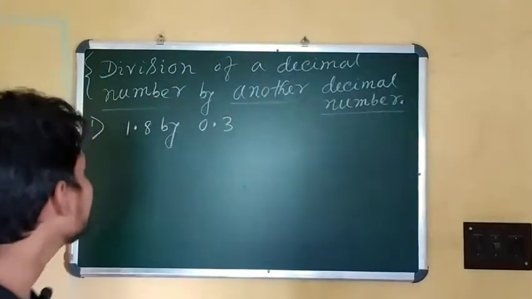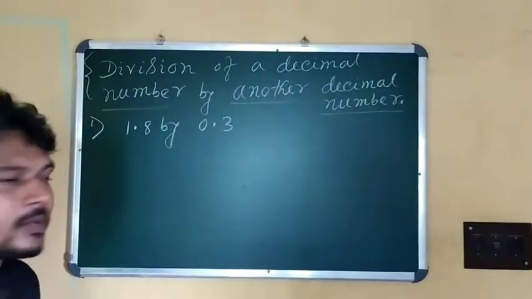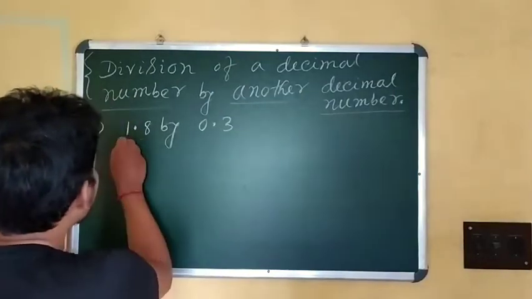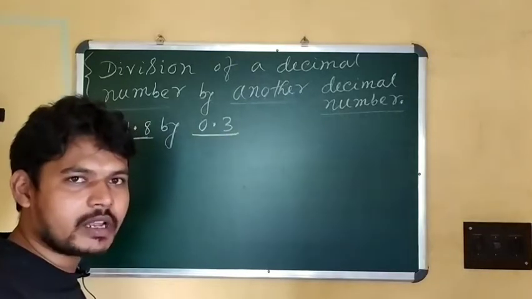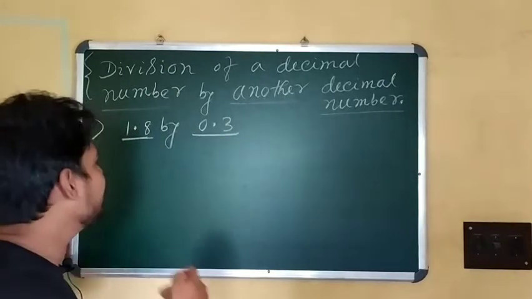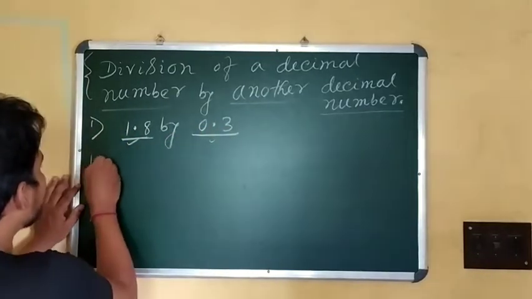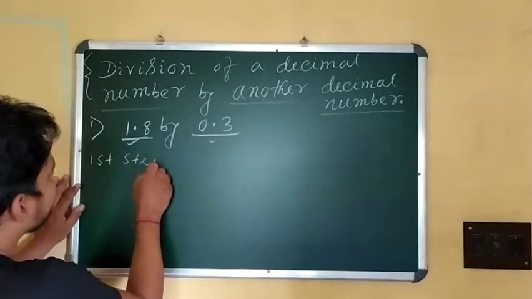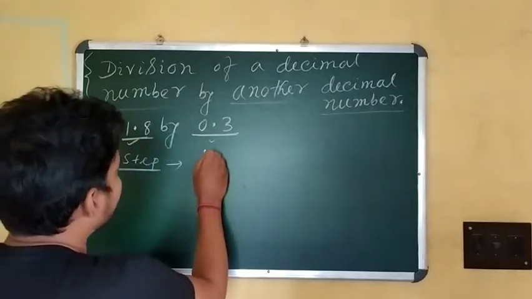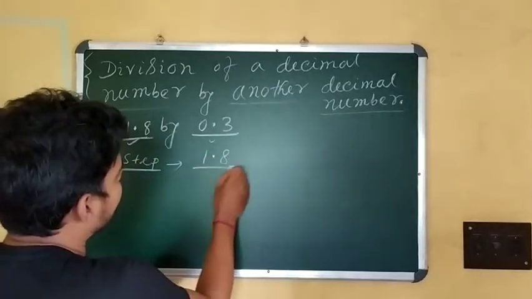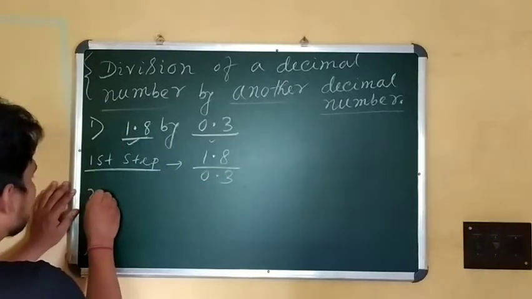At first you see that I have already written division of a decimal number by another decimal number. Here the dividend is a decimal number and the divisor is also another decimal number. Now in this situation, how do we divide this by this? So the first step is, you have to write down these two decimal numbers in the form of a fractional number, 1.8 over 0.3. Okay, then the second step,